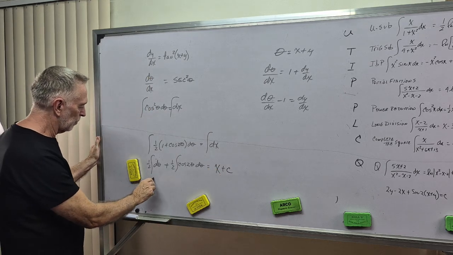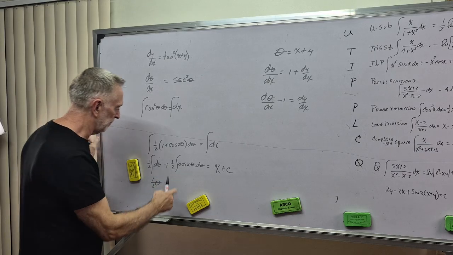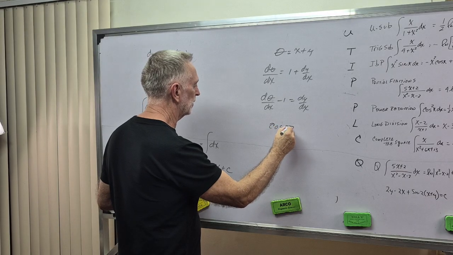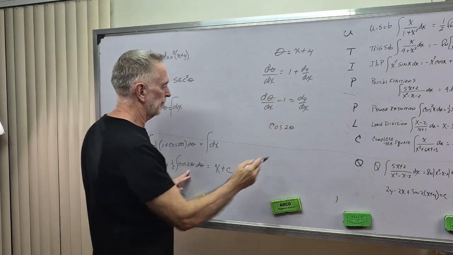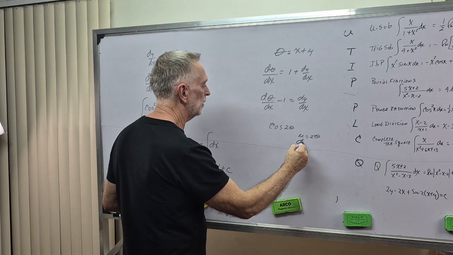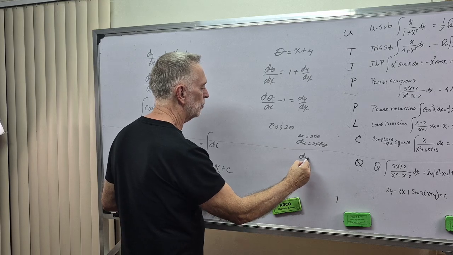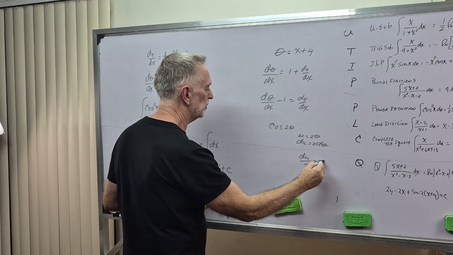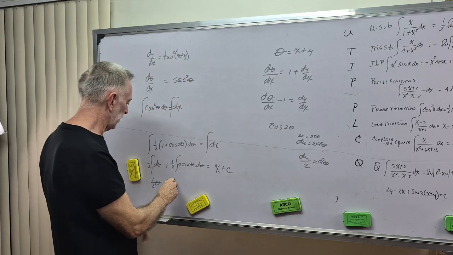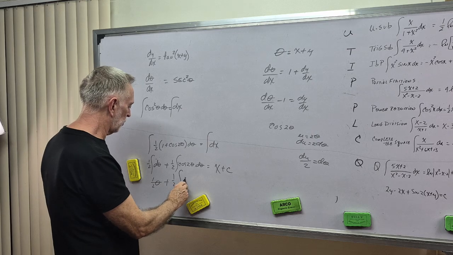So this would be 1/2 theta plus what? All right, we have cosine 2 theta, right? I'm going to let u equal 2 theta, du equals 2 d theta, du over 2 equals d theta. So let's go back over here. I still have this 1/2 integral of cosine